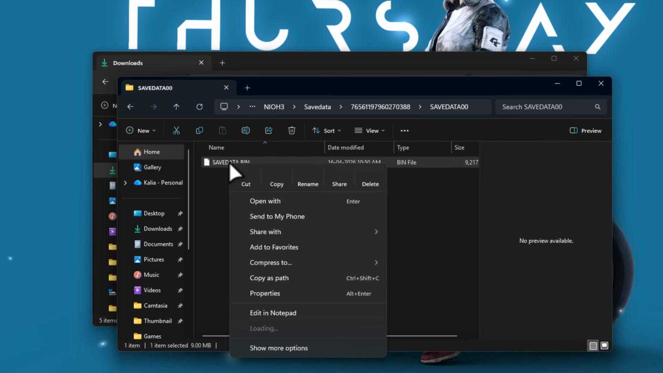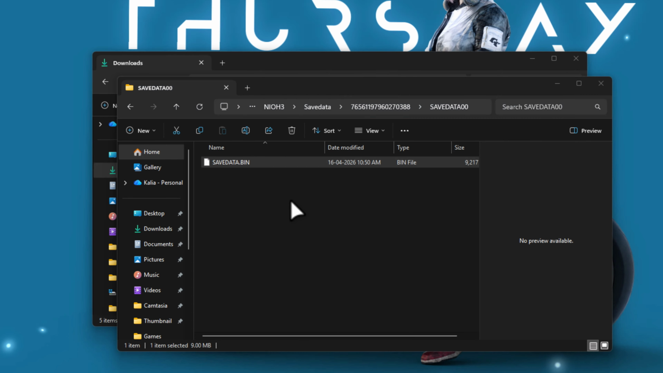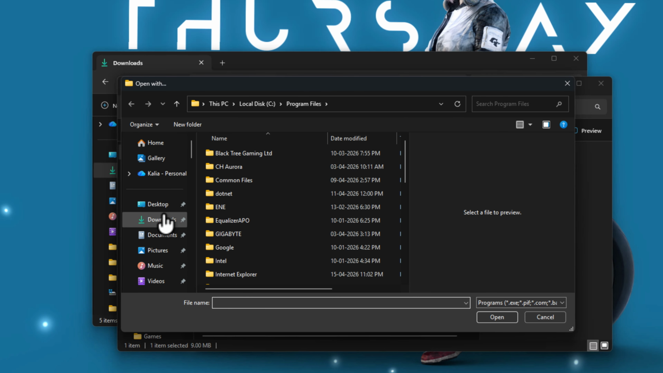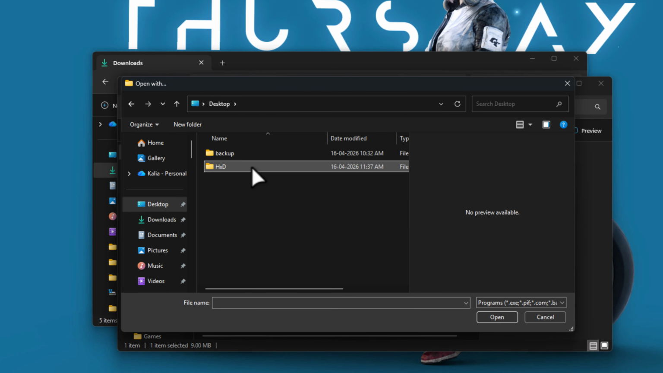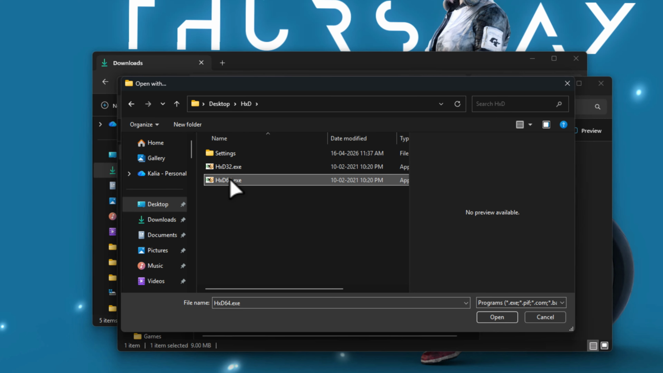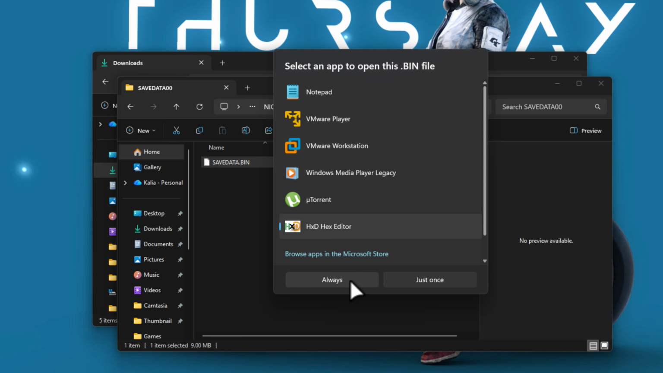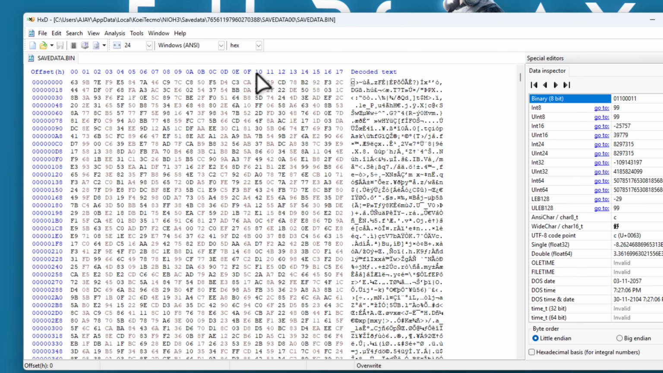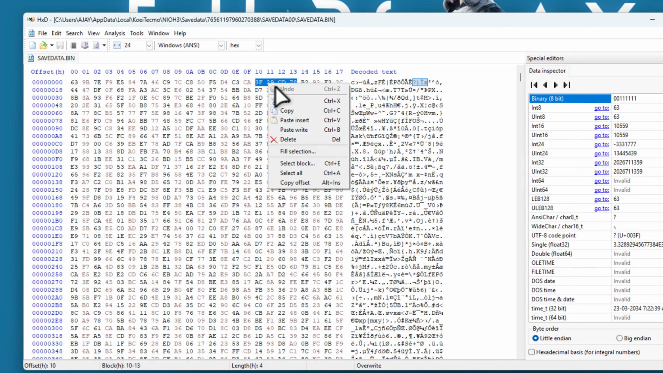So right click and select open with, select choose an app on your PC, navigate to desktop, open the HXD and open this exe and select open option. Select just once. Click on the drop down in 16. Set this to 24. Under the 10, 11, 12, 13 value, copy this number,